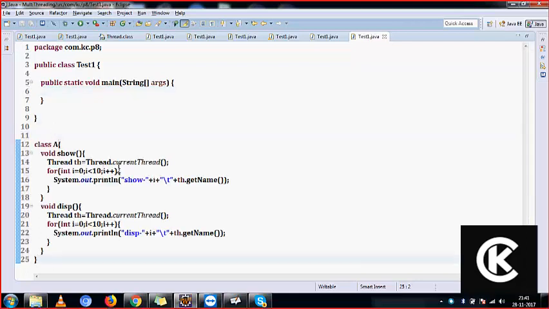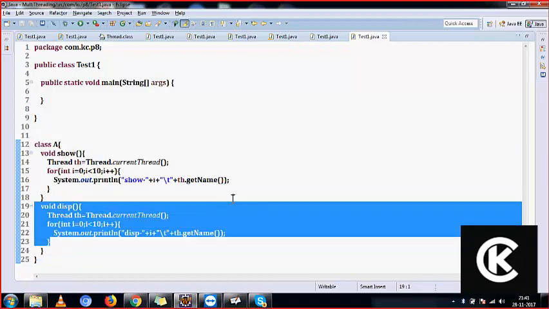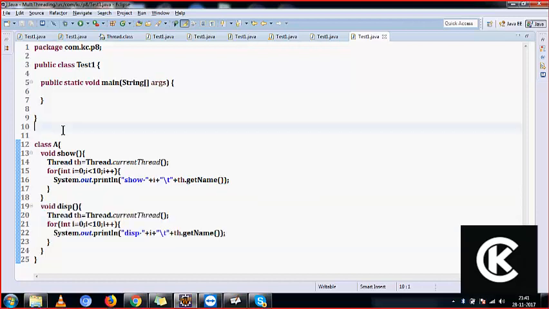In class A I have two methods, show and disp, right? Show and disp. Now assume I have two threads,